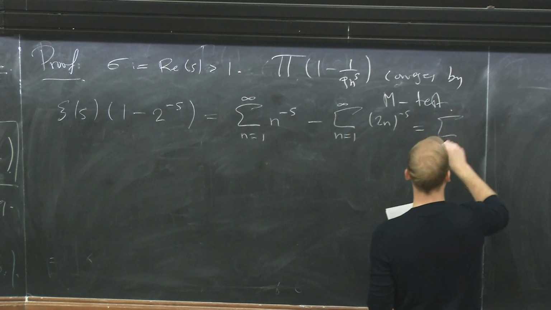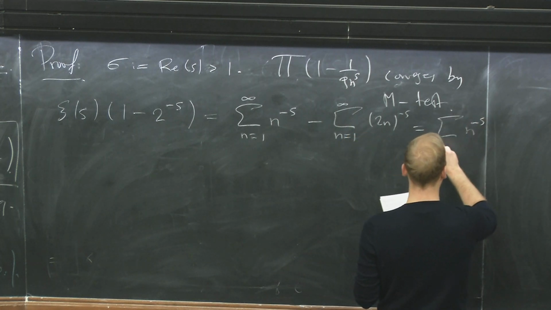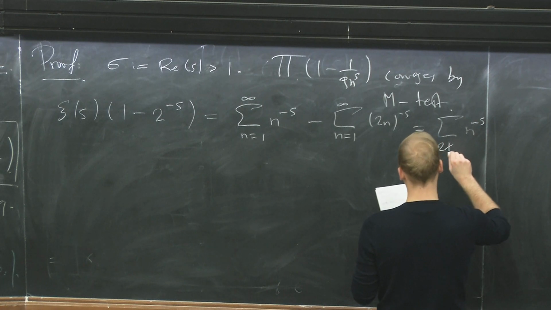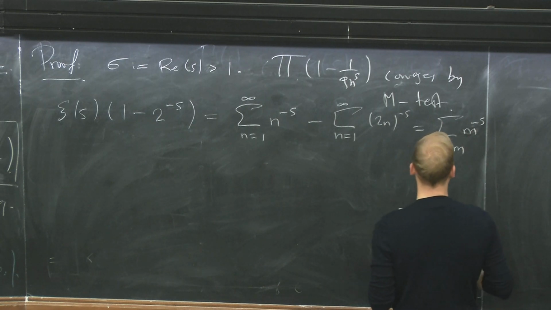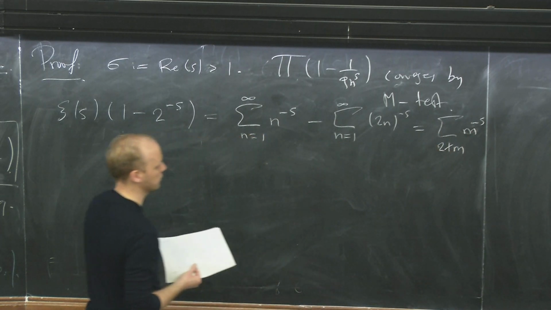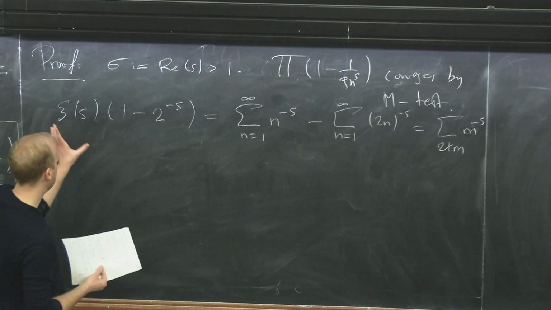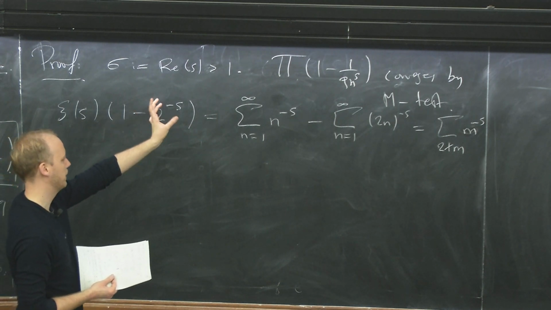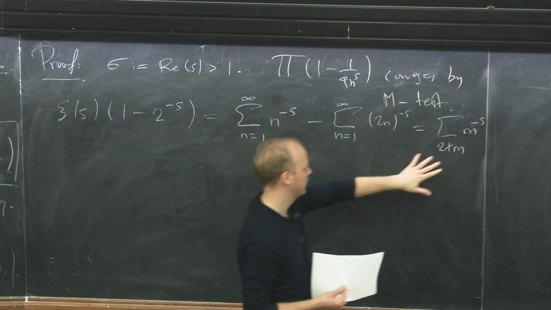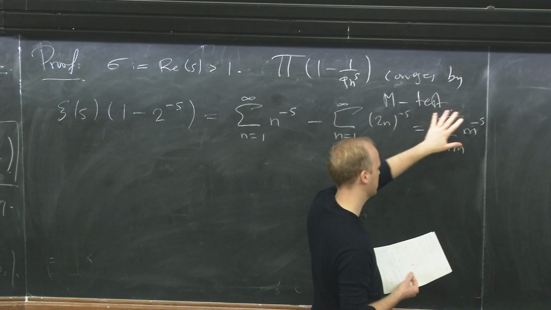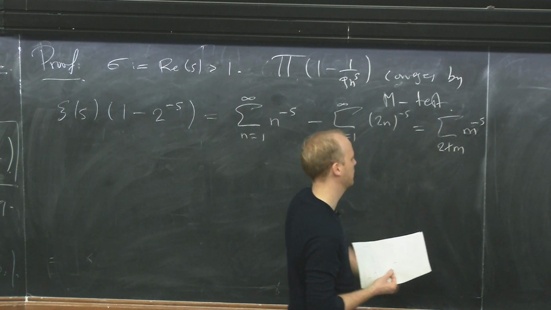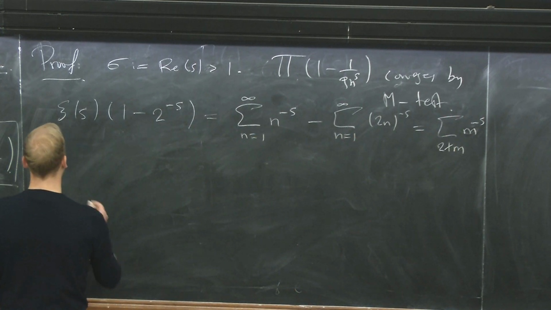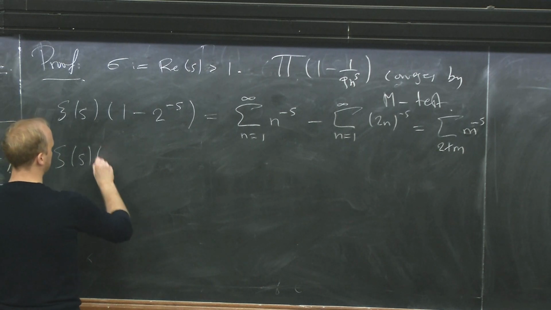Another way of writing this is just that it's the sum over all numbers m which are not divisible by 2. Okay? So by multiplying by 1 minus 2 to the power minus s, I remove from this sum, which if I took all of the integers would be the zeta function, all the ones divisible by 2. Now in the same way, if I